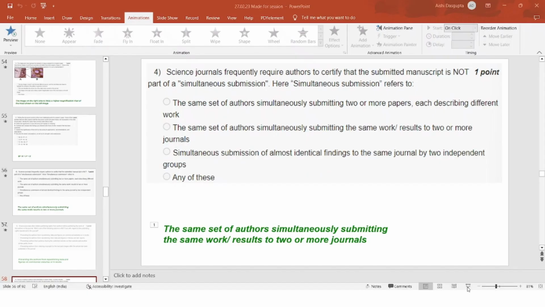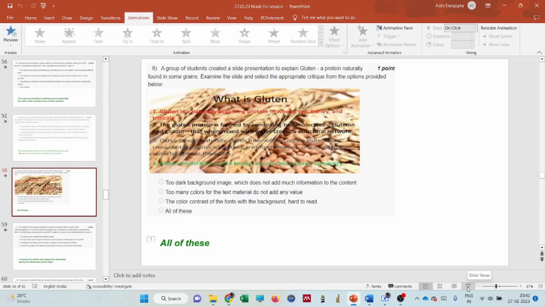preventing the authors from republishing their data and figures in thesis and lab